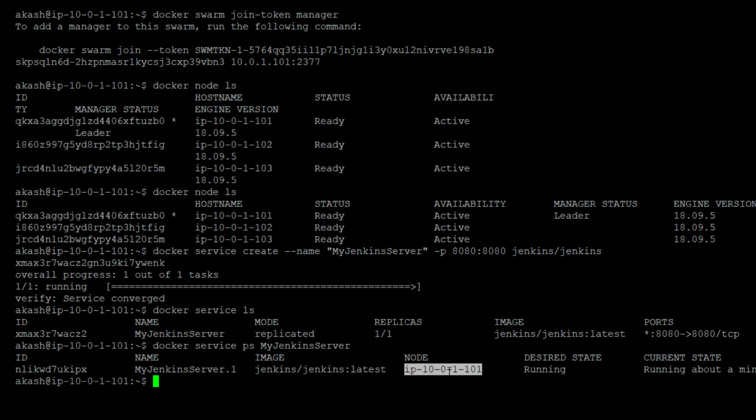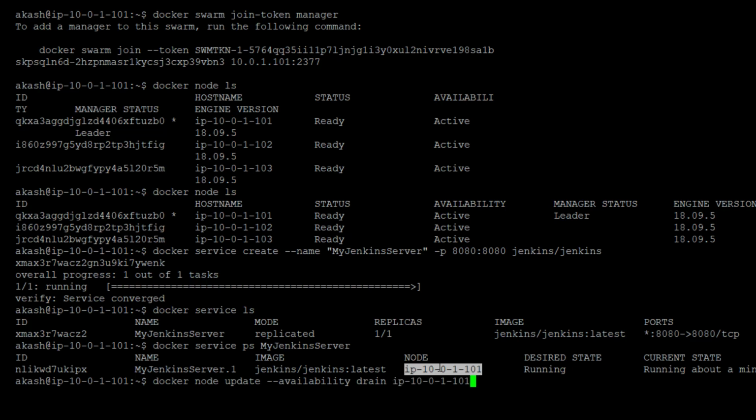Okay, this is not a good example, because in a real-time scenario you should not use the master node for any service creation. So let's see how we are going to stop this particular node. The command is docker node update --availability drain, and then the name of the manager.